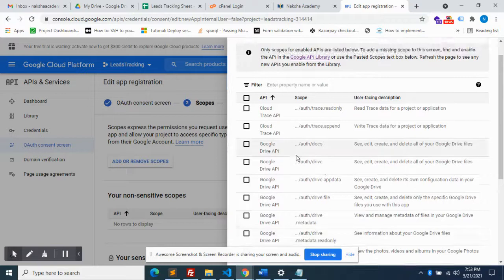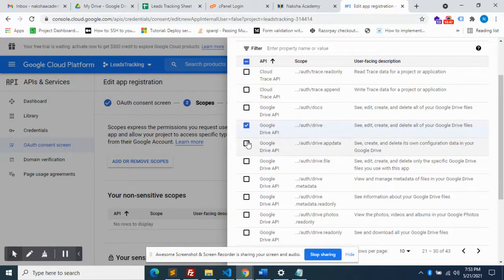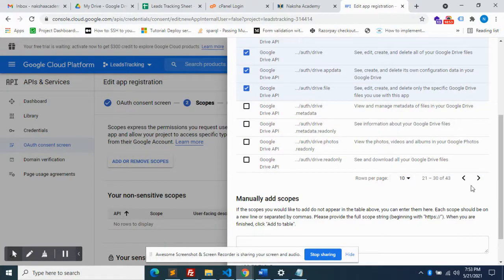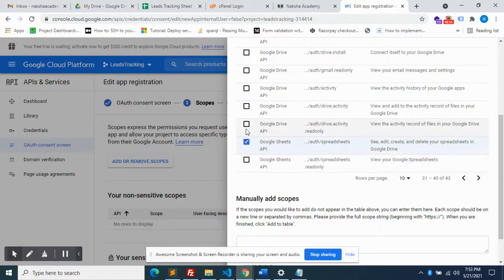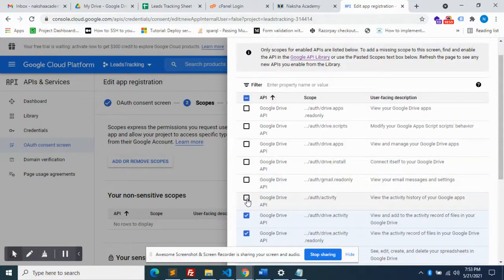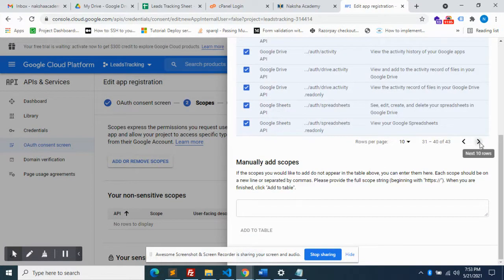So we need the Google Drive API, then the Google Sheets API. So for accessing Google Sheets and Google Drive for this particular domain.